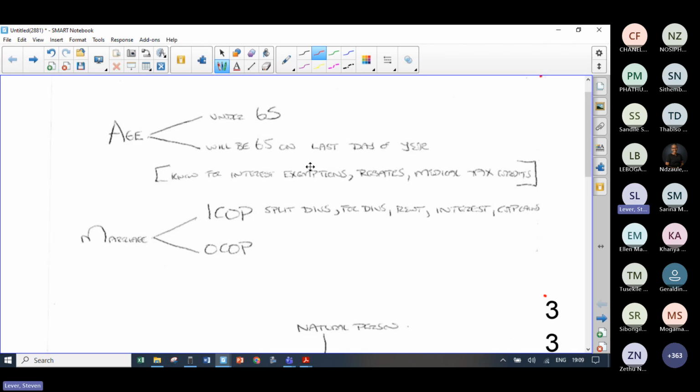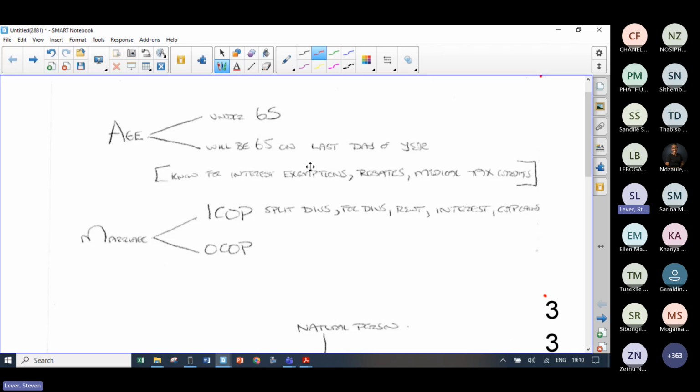You also get an interest exemption of 23,800. You also get medical tax credits where you times by 4 and you times by 25%. If you don't know, you need to make sure. If you are over 65, and guys, the Act doesn't say over 65, it says will be 65 on the last day of the year of assessment. I'll make a flippant comment: if you look at board exam questions, the most popular age to die in a tax question is age 64, but you would have been 65 on the last day of the year of assessment.